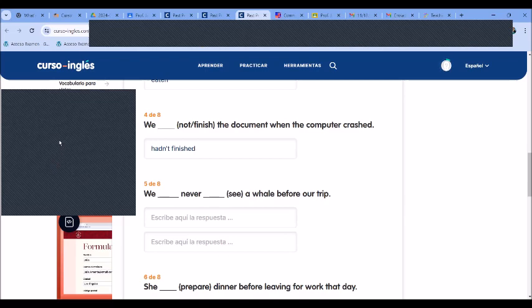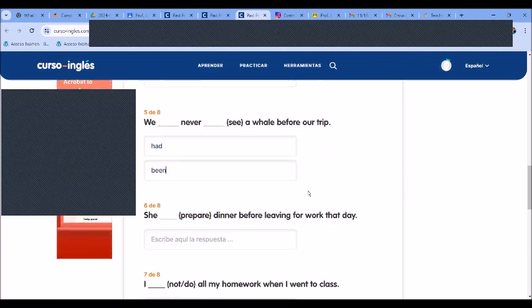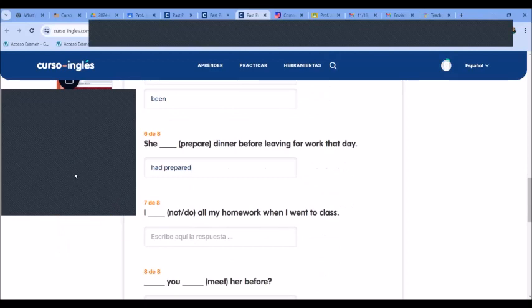Isabel, number 5. We had never seen a whale before our trip. Exactly. Gran ballena. Qué curioso. All right, we had never seen a whale before our trip. All right, after Isabel is Mario. Mario, number 6. She had prepared dinner before leaving for work that day. Had prepared dinner. Yes, indeed. Number 7,